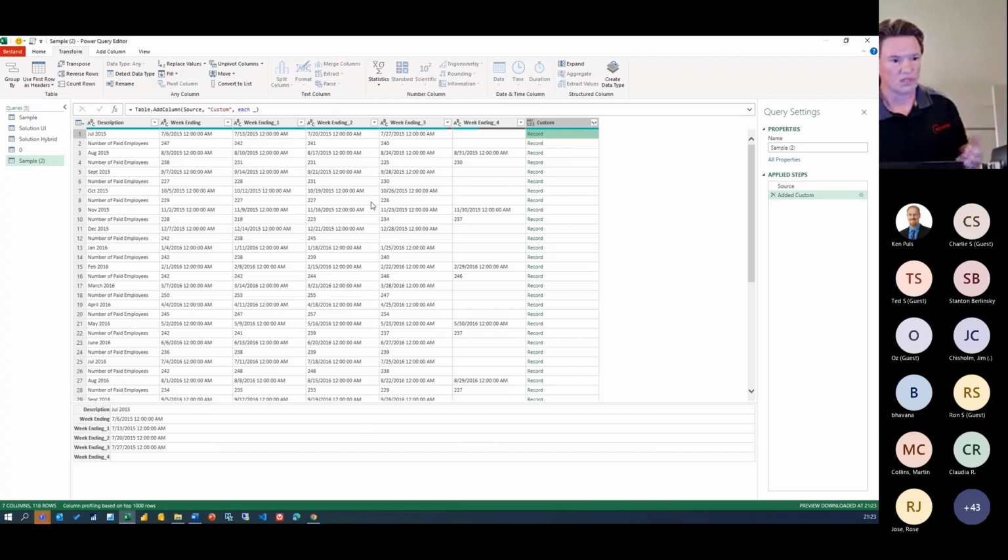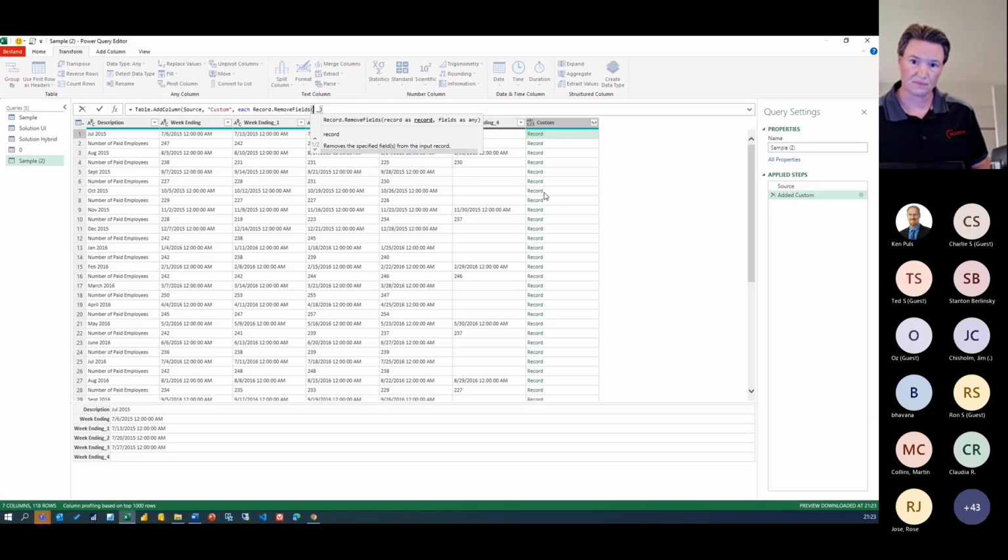So I'm not interested in keeping the entire record. I can remove the description because I won't need that. So inside the formula bar, I can add a record function. So Record.RemoveFields. And here I can just refer to that description.